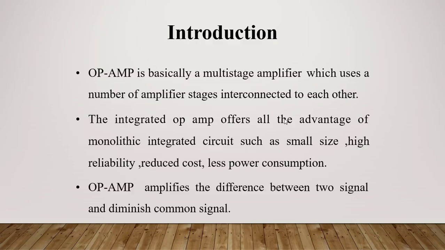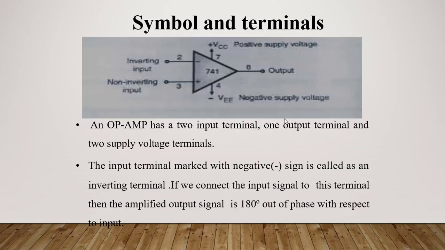Now, what is the definition of an operational amplifier? It is a combination of thousands of amplifiers which can do several operations like mathematical operations, so it is known as an op amp. Now, what does the operational amplifier consist of? It consists of a total of 5 pins.